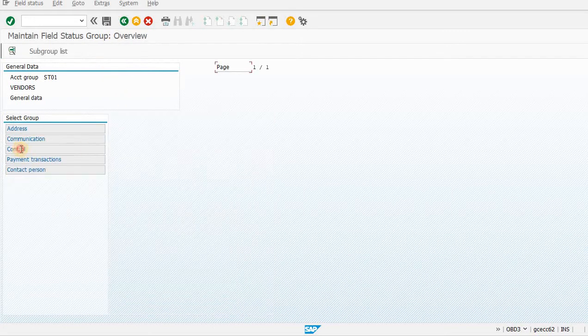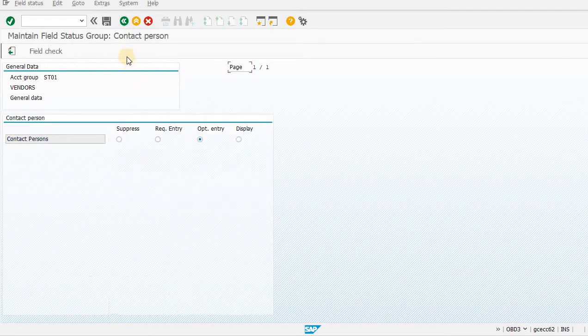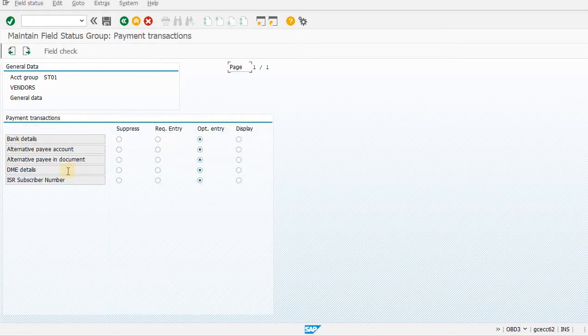Now come back, now control: industry, VAT registration number, trading partner, authorization. Back, contact person required, display, optional entry, payment transaction, bank details, DME, alternative payee.